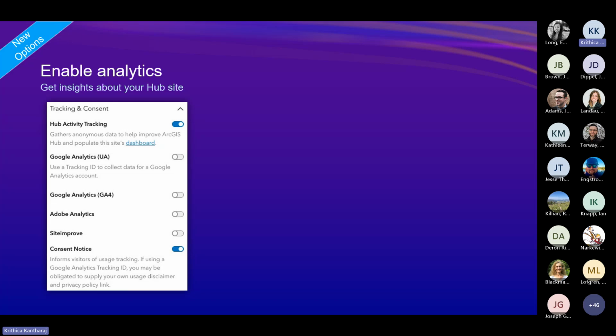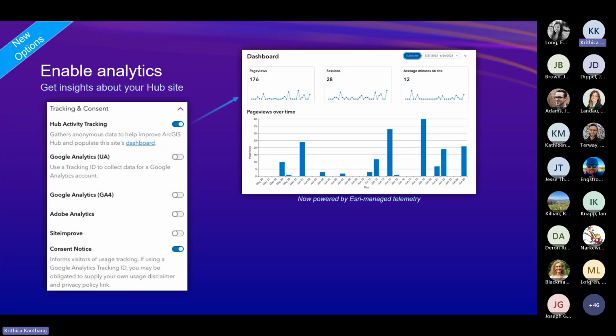So as you know, Google Analytics, they deprecated the Universal Analytics and they moved over to Google Analytics 4. But Google Analytics also had a number of security issues, sampling issues. So over the past 18 months, ESRI has built its own telemetry service, and that is now powering the engagement